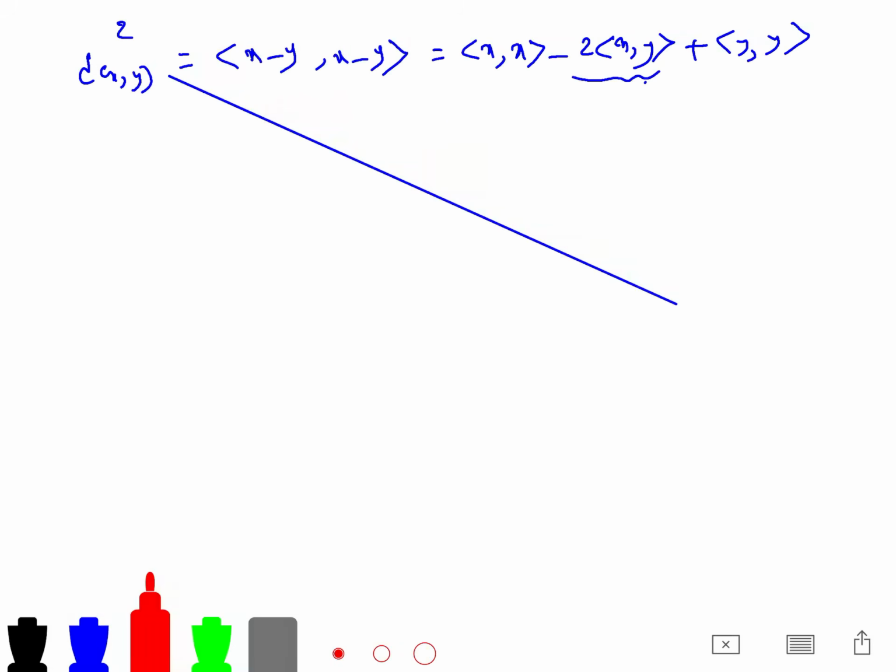So this one is just s of x and y. So we can rewrite it and say s of x and y is equal to 1 over 2 minus dxy squared plus